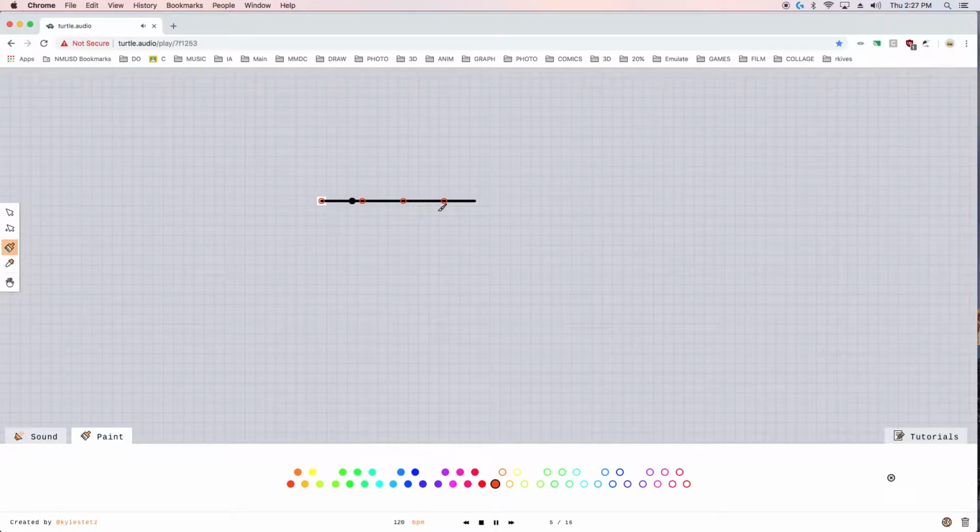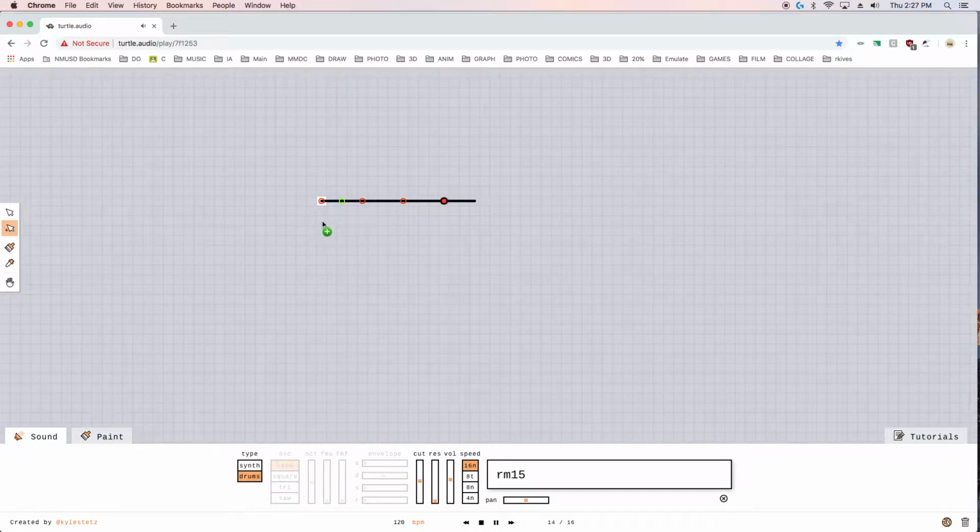Okay. Now, I can make another line by creating a new line, or I can add a different drum sound to this line. So here I'm going to do a snare. Okay, I tested that. Okay, awesome. So that is going to be my drum beat for now, for this little demo. I'm going to turn this down a little bit. Next thing I'm going to do is make a second line, and we're going to put a bass down, a